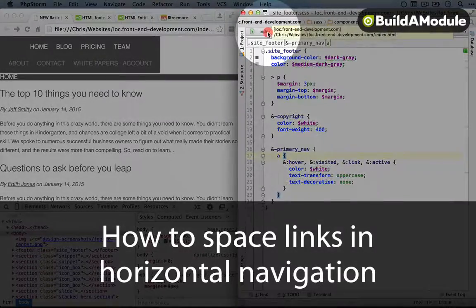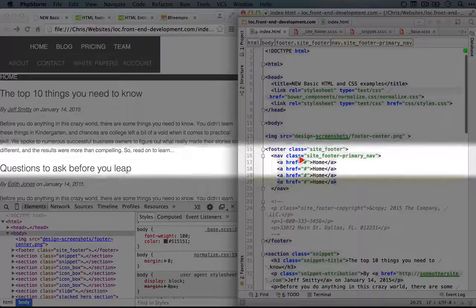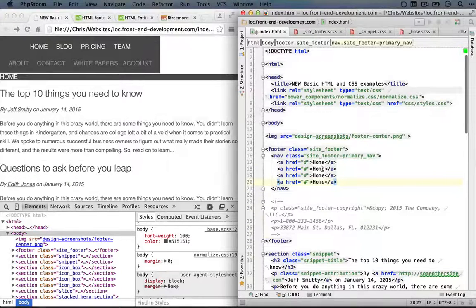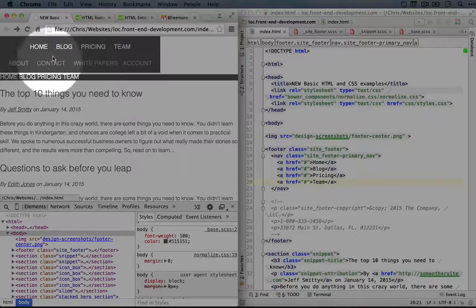All right, let's add some additional markup here. We'll add the rest of our 4 links. I'll just copy this first line and paste it in several times. Then we'll go through and add the rest of the text. And now if we save this and refresh in the browser, we'll see something that looks pretty good, but our